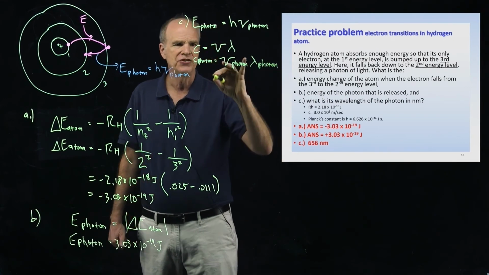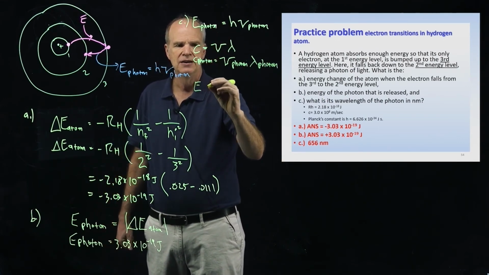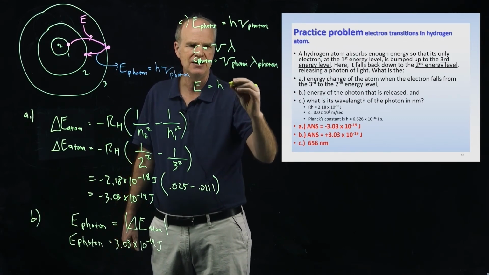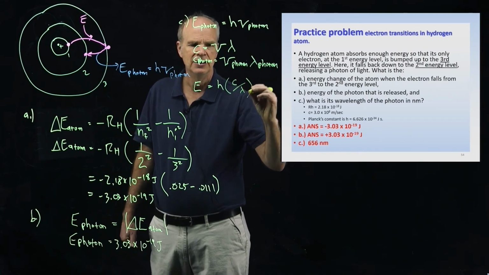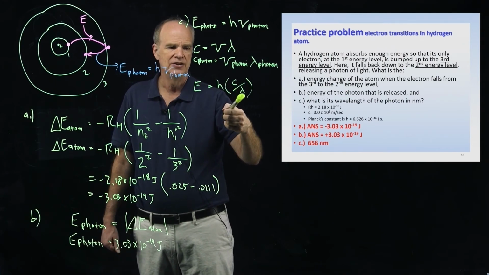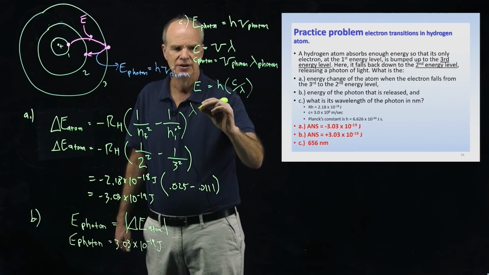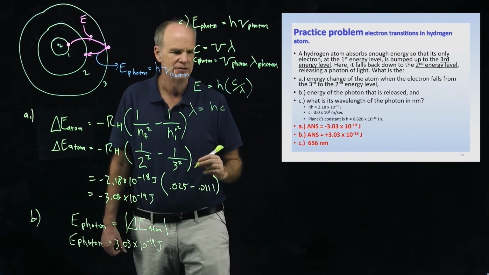So anyway, let me just substitute that in. I'm just going to leave out photon at this point. So I get E is equal to h nu, and so I'm going to solve this for nu. So it's going to be c over lambda. That looks good. And so again, what we do is we want to solve for wavelength here. And so you can do a little algebraic manipulation. So wavelength is going to be equal to Planck's constant h times the speed of light